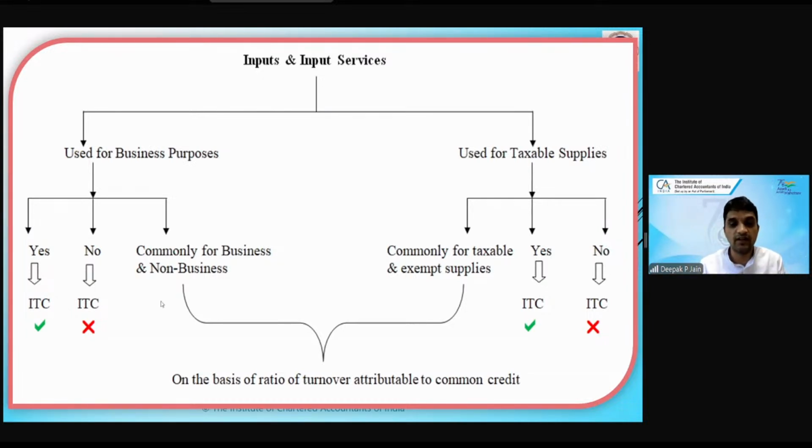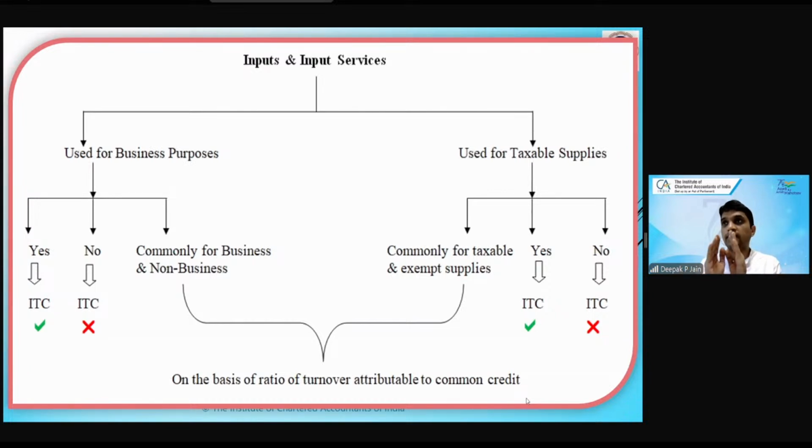He has to bifurcate on the basis of the ratio of turnover attributable to common credit. He will break up the credit. So a credit which is commonly used for business and non-business purposes, he will bifurcate on the basis of the ratio of the turnover attributable to common credit. So in this case of our proprietor who is using it for business and non-business purposes, based on place, we can identify. But